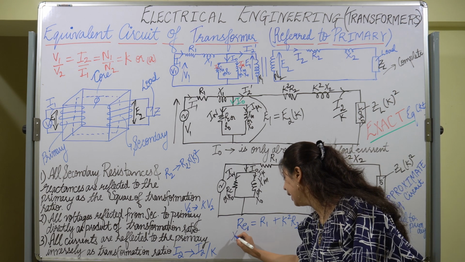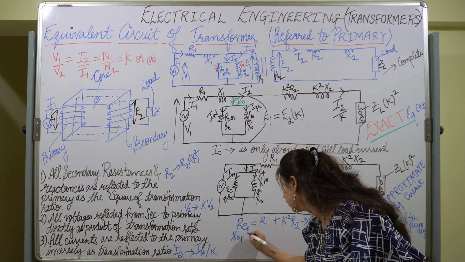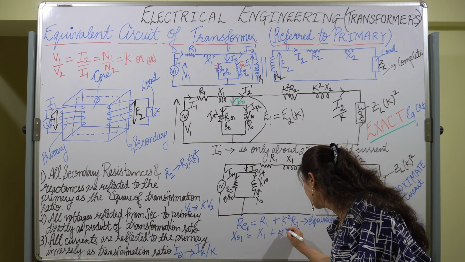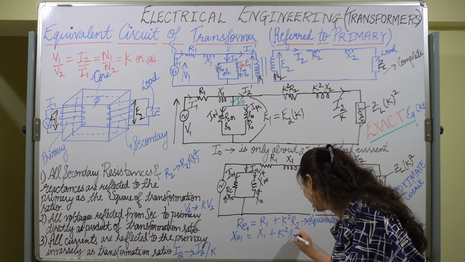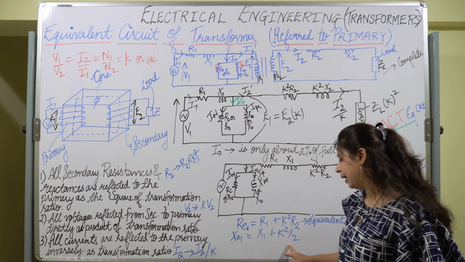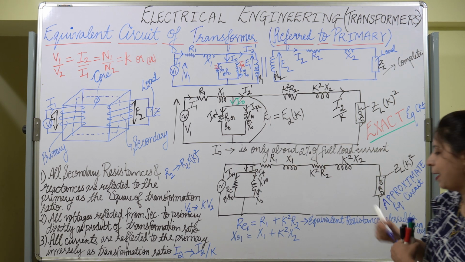Similarly, my XE1 will be equal to X1 plus K square X2. Now my primary current